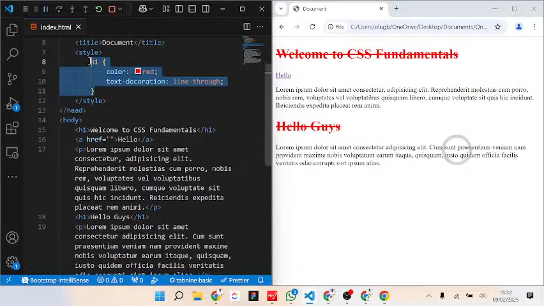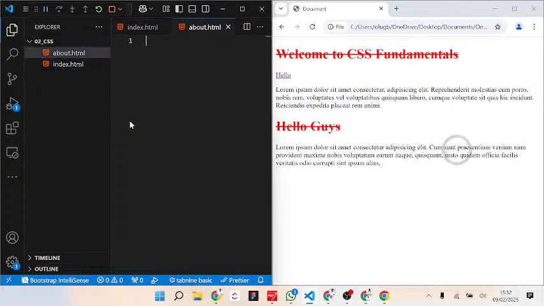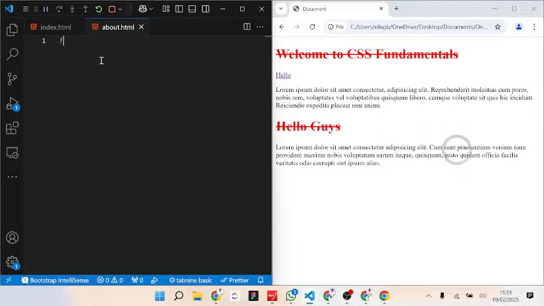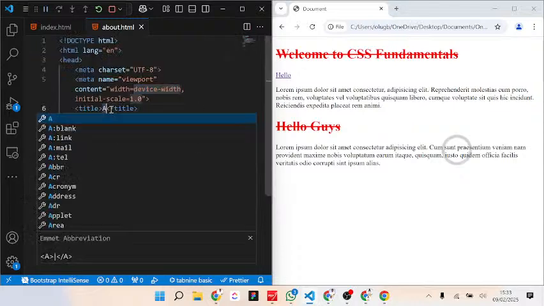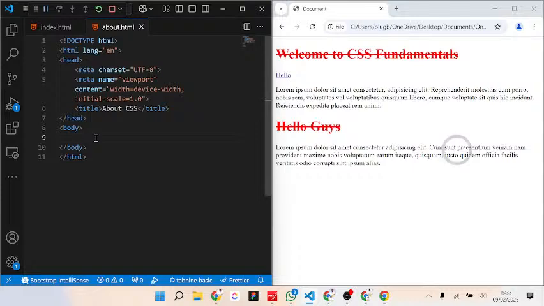So I've selected here and I've styled it, and every H1 here is affected. So what problem does this have? Let's say I come to my file explorer, I create a new file by clicking on this new file, and I create a file called about.html, and in the about.html I write code about CSS. Then let's say I come in between the body and I say H1, learn about CSS,